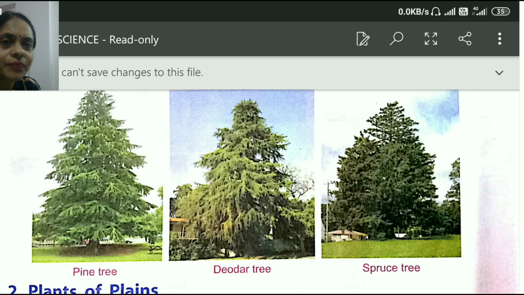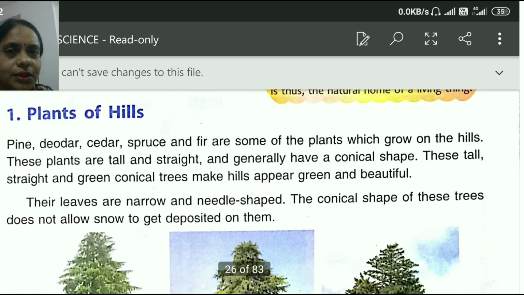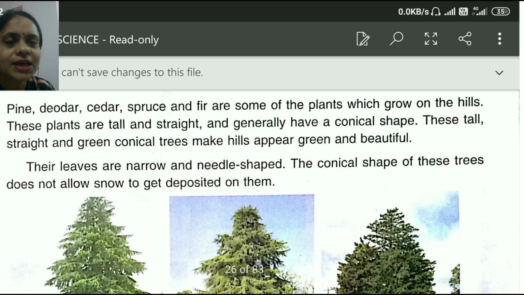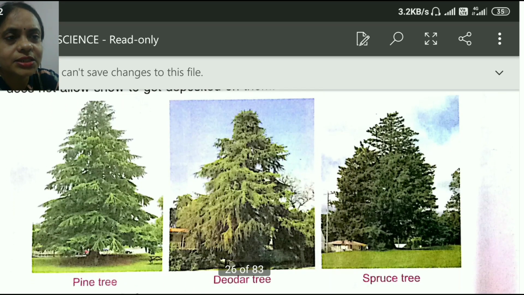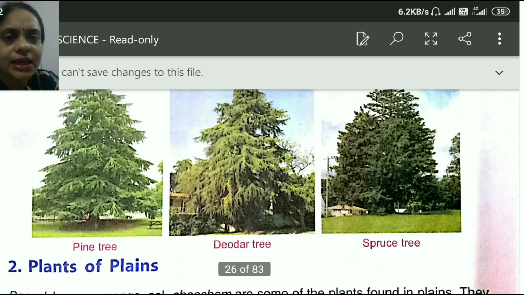The snow slips from the trees and in this way there is no snow on the trees. Their leaves are narrow and needle shaped. The conical shape of these trees does not allow snow to get deposited on them. So these are the trees which are found on the hilly areas.